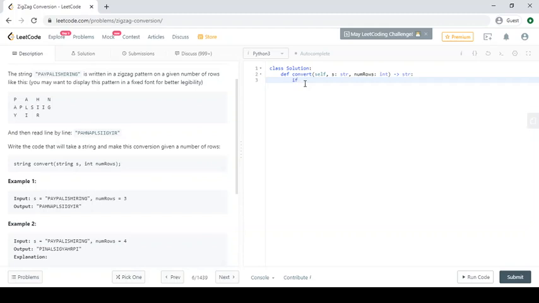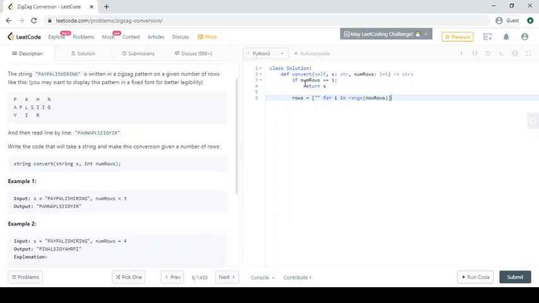We'll check that condition first: if numRows equals 1, then we will return the string as it is. Now we will create a blank string array of size number of rows.